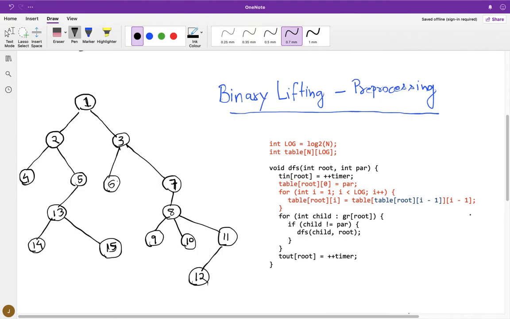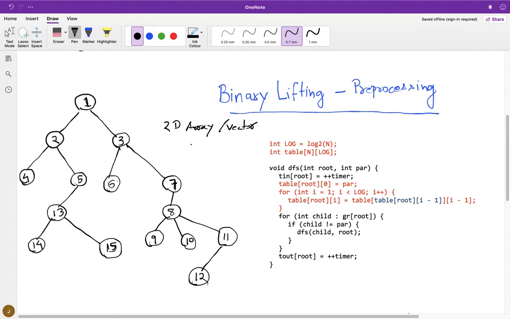If you don't know what a sparse table is, you can go and watch my sparse table playlist on my channel. But you really don't need to know about sparse table. Actually, I am going to explain it once more here. A sparse table is nothing but a 2D array or vector.